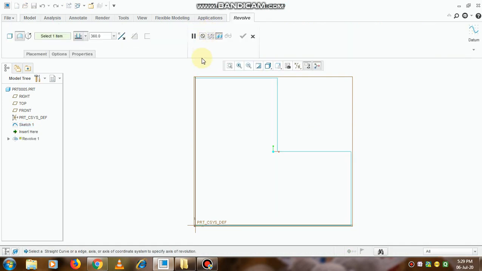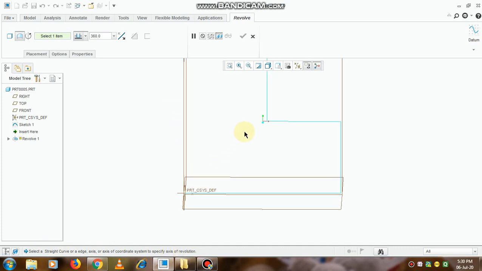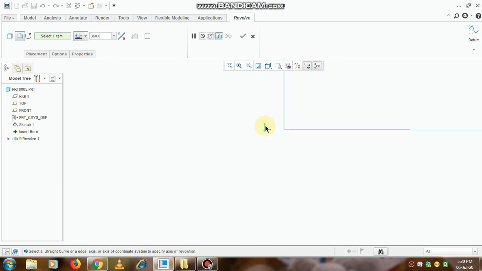Now simply click on the Revolve option. If we click on Revolve, now see this command window: select a straight curve or edge or axis to specify the axis of revolution. So we need to select this axis of revolution. I have selected the vertical axis, that is the y axis.